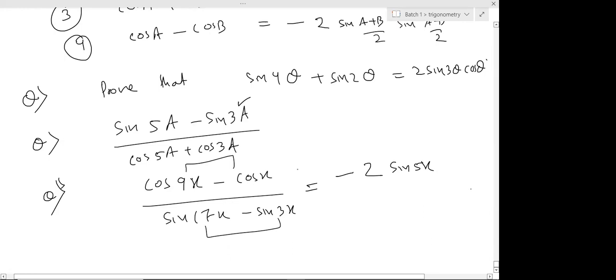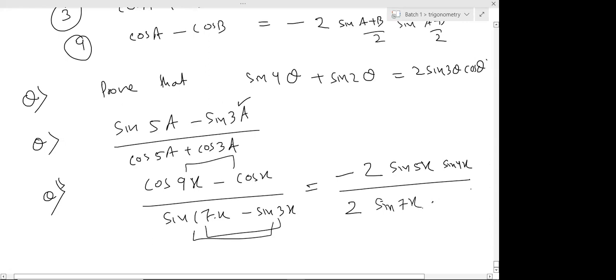So 9x minus x is 8x by 2 is sine 4x, whole divided by sine A minus sine B, which is 2 sine A minus B by 2. So 17x minus 3x is 14x by 2 is sine 7x